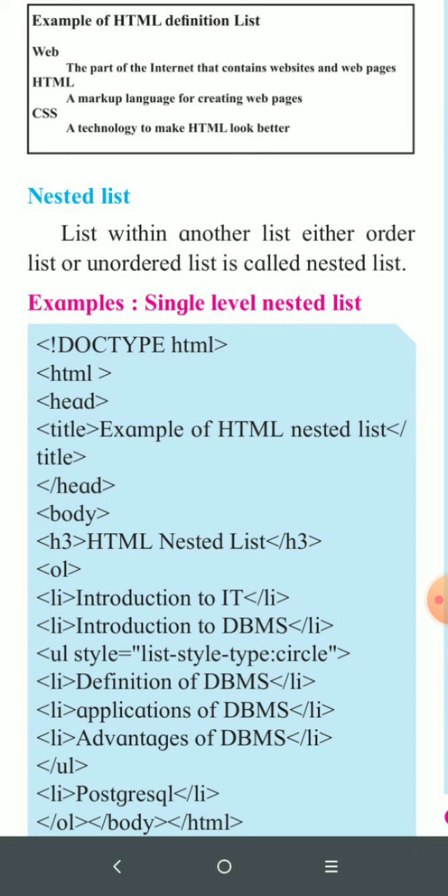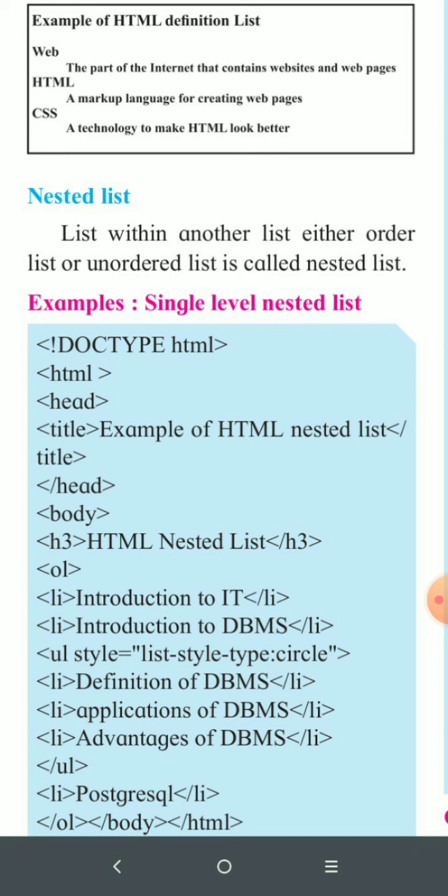Now the next concept is the nested list. Nested list means we can use different types of list in one list, means ordered list and unordered list can be nested. For example, courses and subjects in Nandip we have to display. For that we first take the courses, that is 11th commerce and 11th science. For that we will use different listing types.